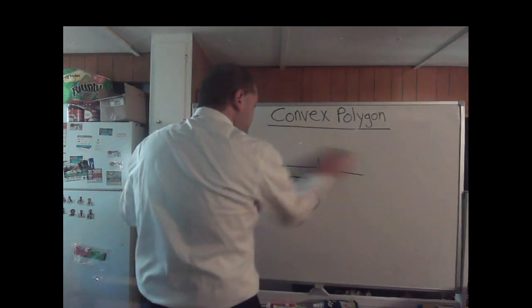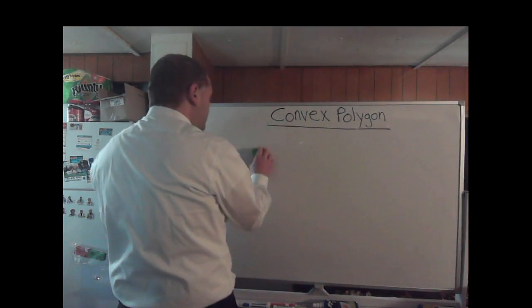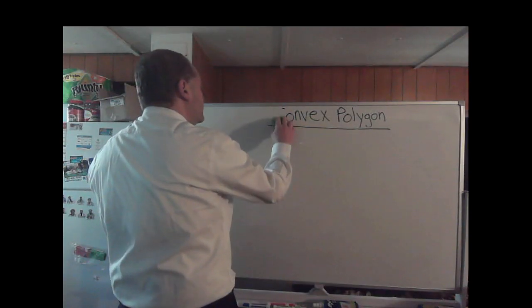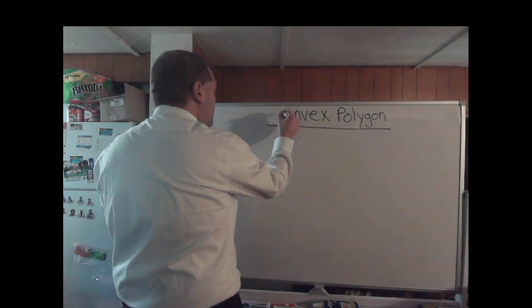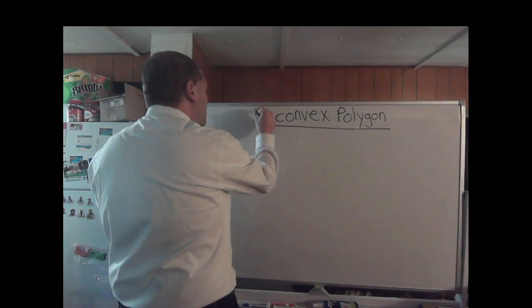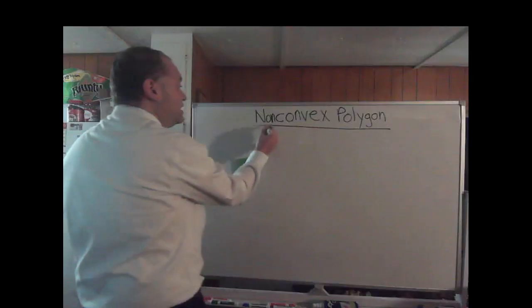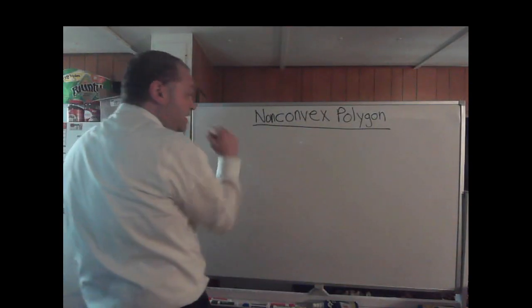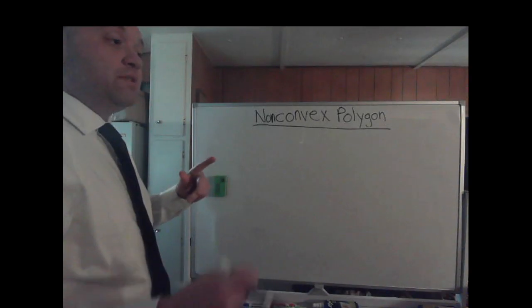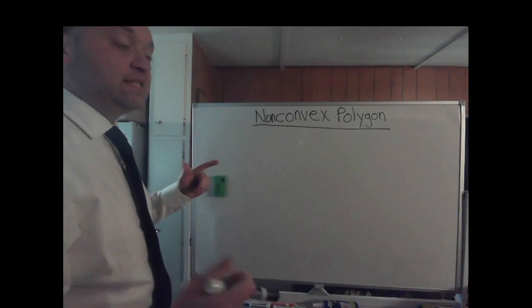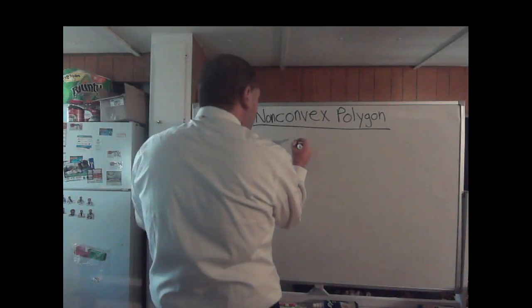So in this course, we're only going to deal with convex polygons, but it is my duty to show you at least one example of a non-convex polygon. So what is a non-convex polygon? It's a polygon still, but at least one of the sides, if not more, contain a point in the interior of the polygon, such as,